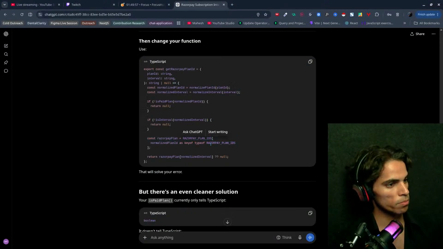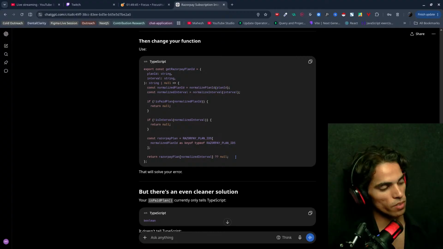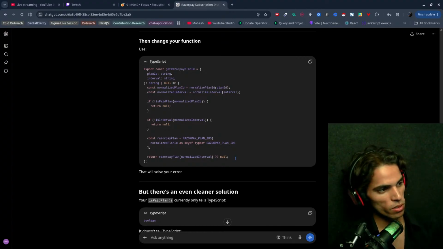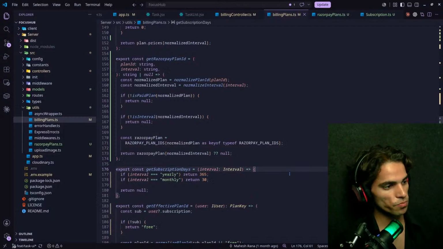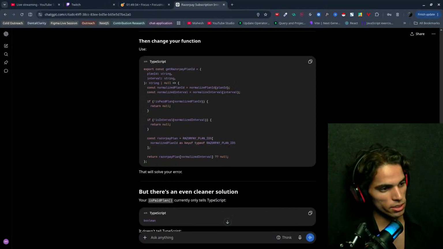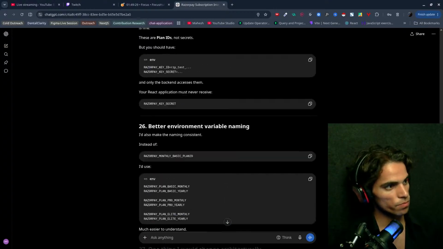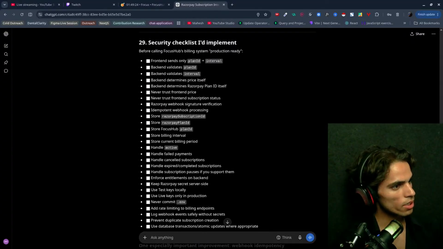Now let's come here. Yeah, razorpayPlanIds. Then we are passing this inside this, that normalizedPlanId as keyof typeof razorpayPlanIds. Okay, now what we should do next, after creating this, let me visit this. Okay, we have all these things, and